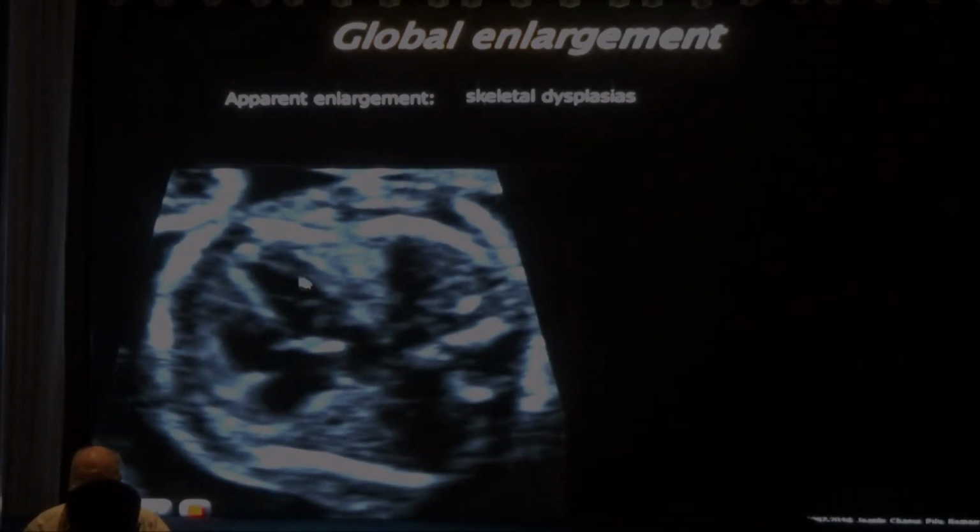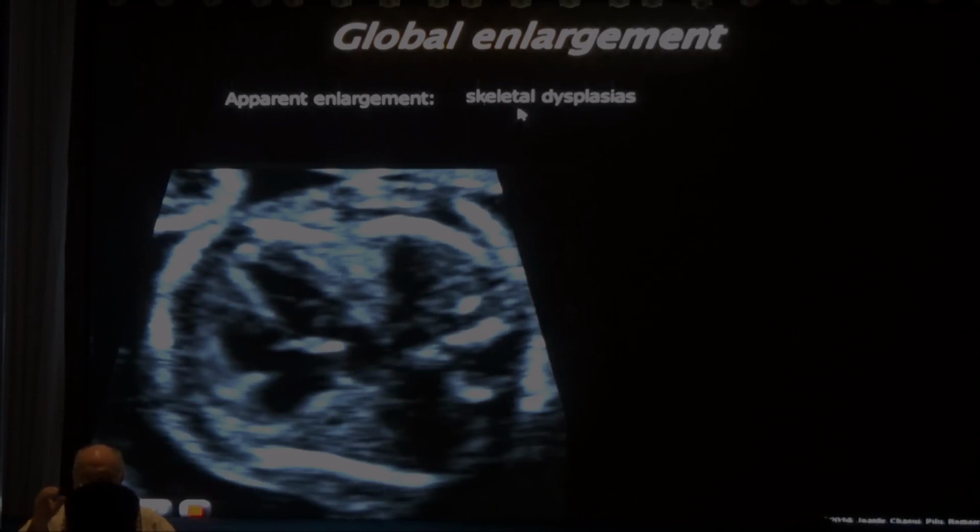Sometimes you can have a heart that appears too large, but actually the heart is the normal size. It's the chest that is too small. And this is the critical finding in all the lethal skeletal dysplasias. If the skeletal dysplasia is lethal, it is not because the long bones are too short, it's because the ribs did not expand enough to allow development of the lungs, and so the baby will die of pulmonary hypoplasia after